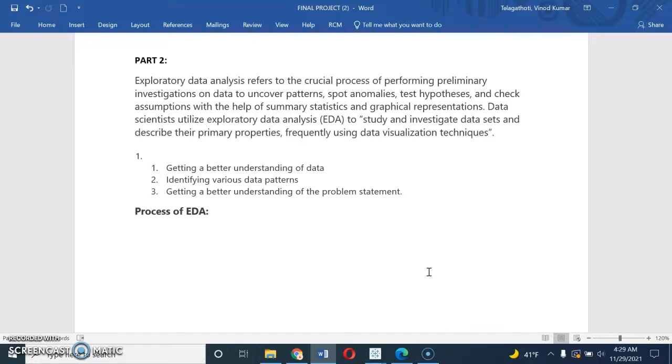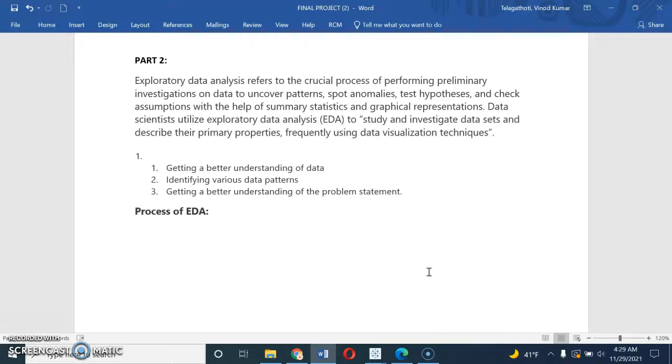EDA is just a pre-think process which can be used to perform a preliminary check of the data, and the validation and the data analysis or data visualization depends upon the EDA.